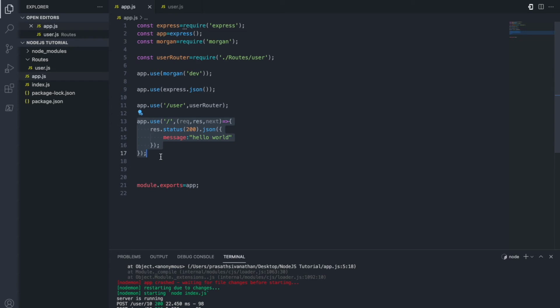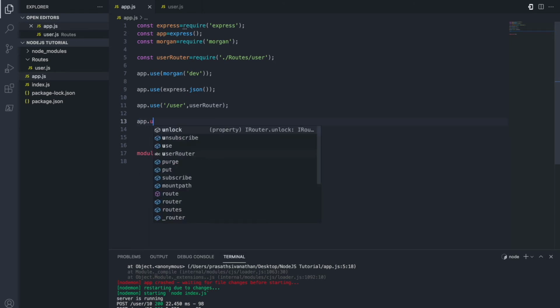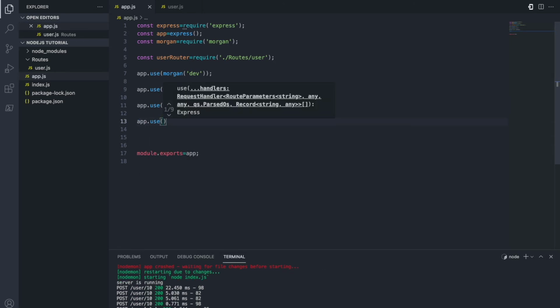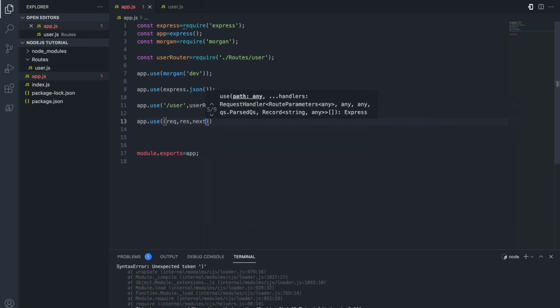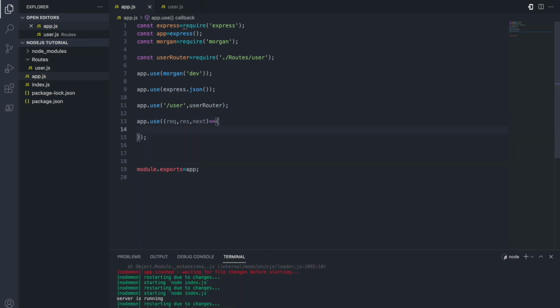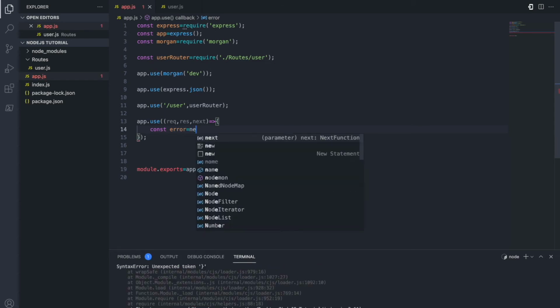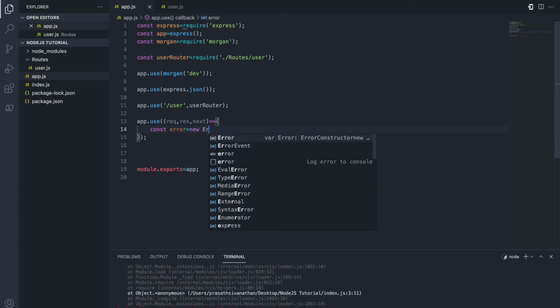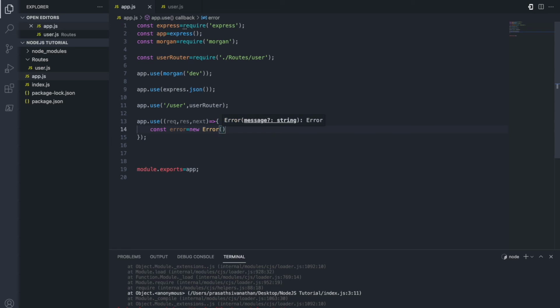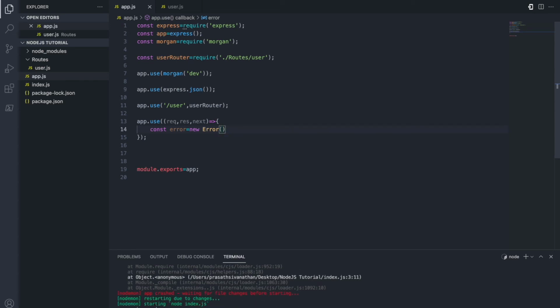So in order to fix that, I am going to type app.use with the request. I'm creating one constant for the error. Error is the object. Here we can pass not found.